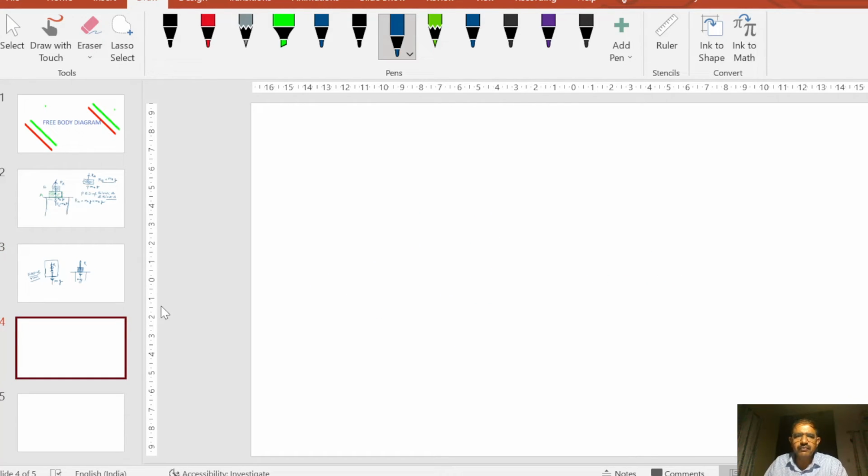Similarly, if we consider that three blocks are placed over one another, block first, block second, and block third, I can say block A, block B, and block C. Now if we have to draw the free body diagram of these blocks, then how will we draw it? That is the exercise which you have to do. First you draw block A, then block B, then block C. So first if you draw the free body diagram of block C,